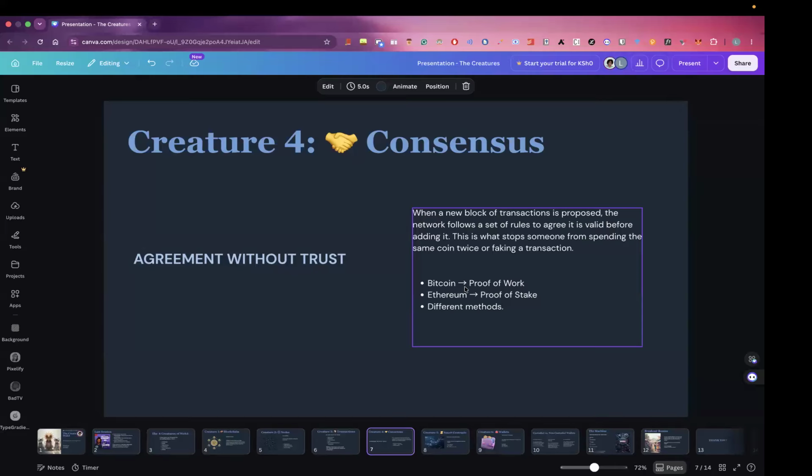There are actually many other consensus mechanisms, like delegated proof of stake that allows people to vote for the specific validators that they want based on an amount of stake that they have. There's nominated proof of stake, and there's others. There's many, but the main ones are proof of work in Bitcoin, proof of stake in Ethereum.